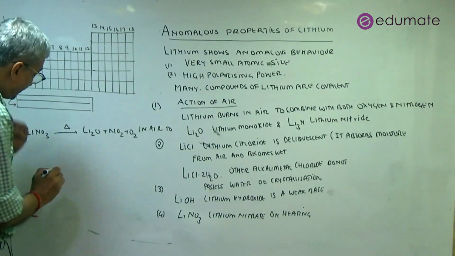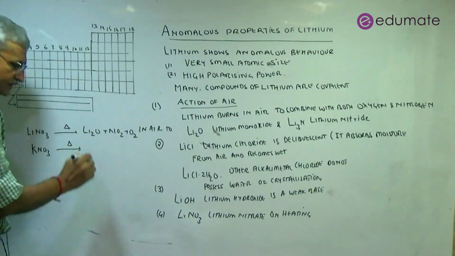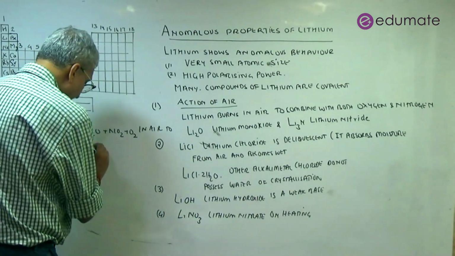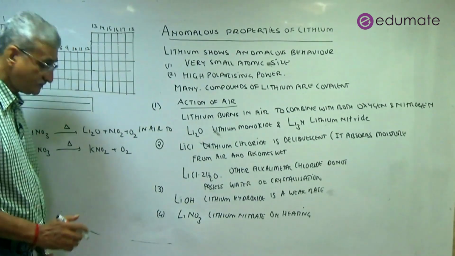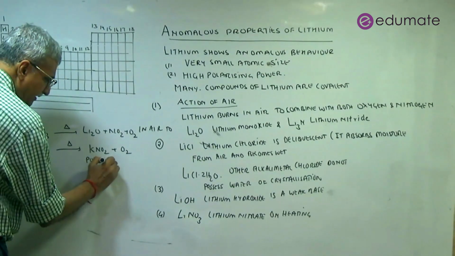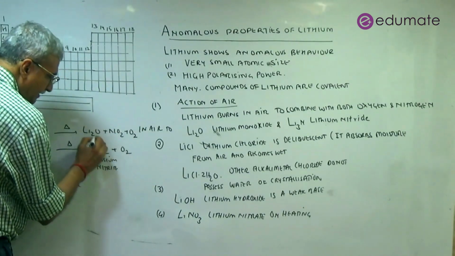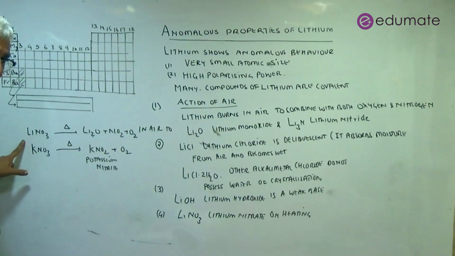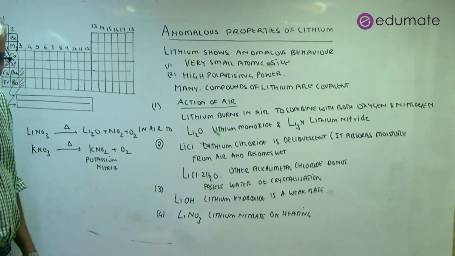In contrast, suppose I take potassium nitrate. If I heat potassium nitrate, then what is going to happen? It will give potassium nitrite, KNO2, and oxygen. Look at the huge difference in property. This gives the oxide, whereas this will give nitrite. So sodium nitrate will give sodium nitrite and so on and so forth. Only lithium nitrate will give the corresponding